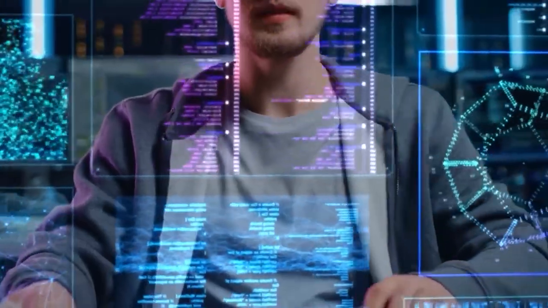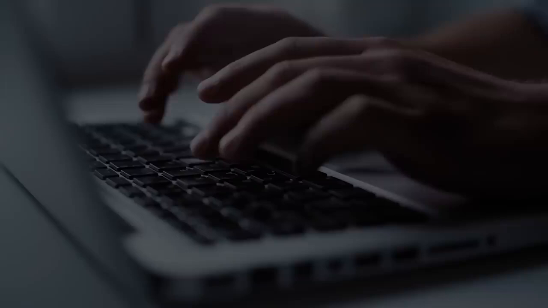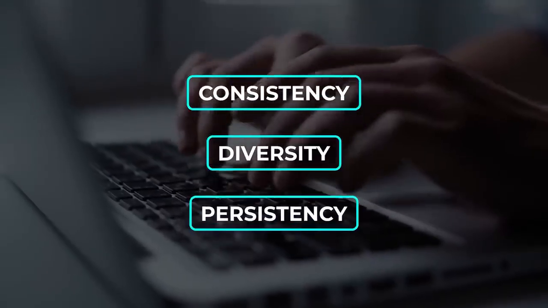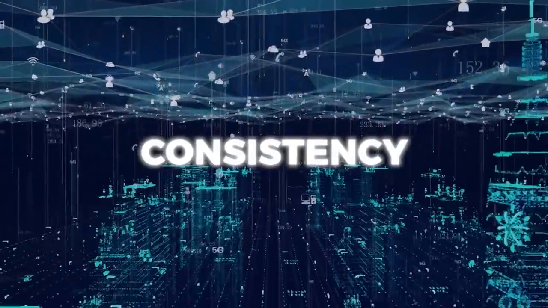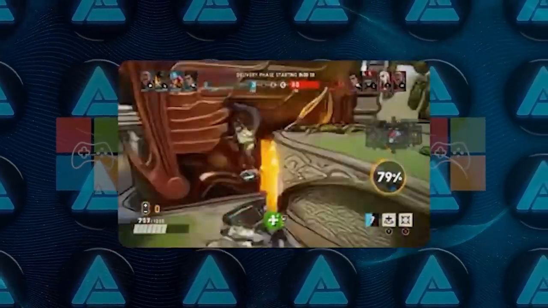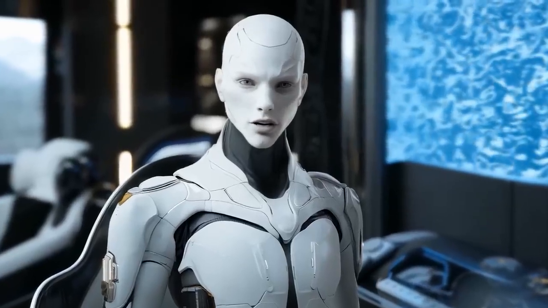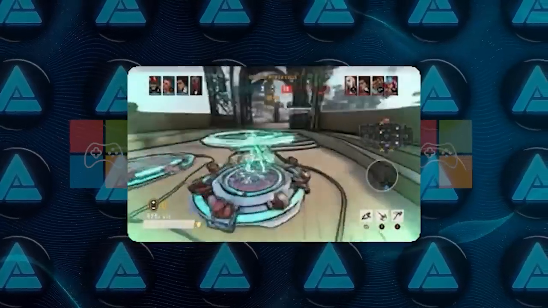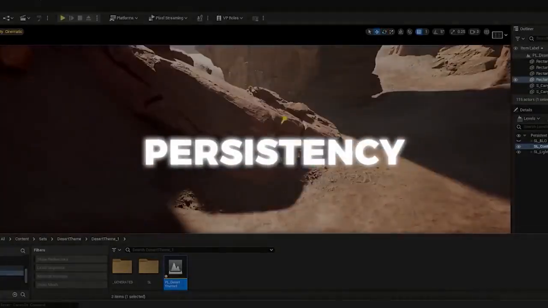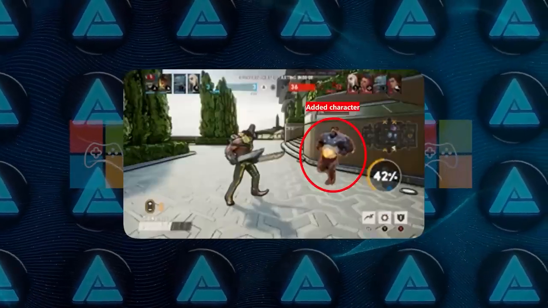What's really exciting is that, along the way, the team discovered 3 big capabilities that are key for creative game development: consistency, diversity, and persistency. Consistency is about how accurately the generated gameplay follows the rules of the game world. Like, does your character walk through walls, or do they obey typical physics? Does the AI interpret button presses like a normal player would? Diversity is about making sure the model can produce all kinds of different scenarios, so we don't end up with a single repeating pattern. And persistency means if you modify the game world mid-sequence, like, say, copy and paste a new character into the screen, the AI can keep that new character around realistically in subsequent frames.